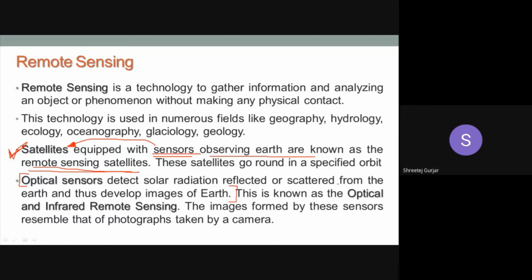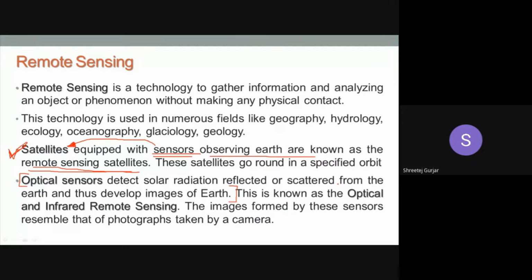Okay, so this is just a brief idea of remote sensing. Okay, so I hope this part is clear. Just the brief, I have given you the briefing regarding remote sensing. What is remote sensing and where it is used, and what are the basic equipments that are required. Is it fine? If you have any doubts, if you want me to explain anything, you can ask. Fine. I hope it is fine.